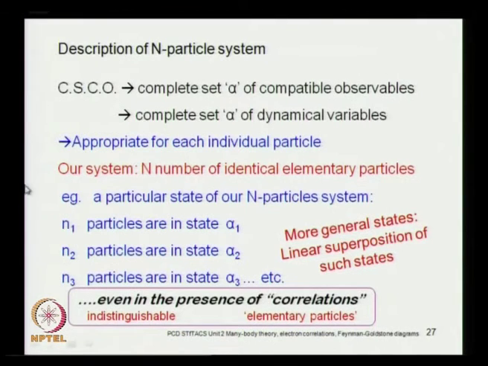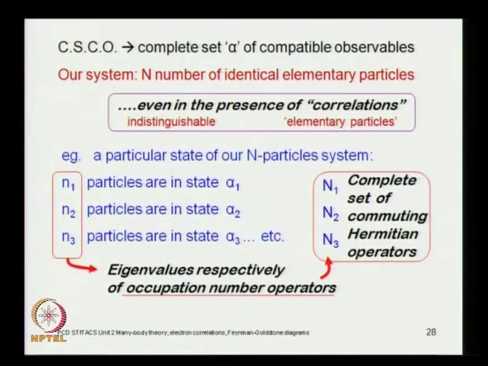So, this is the idea behind indistinguishability. You take into account the correlations, you recognize the elementary nature of these particles, although they are indistinguishable. So, you reconcile with that, and essentially you can get these numbers as eigenvalues of the occupation number operators, which are a complete set of commuting Hermitian operators. So, you define these